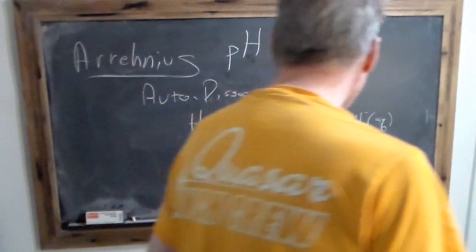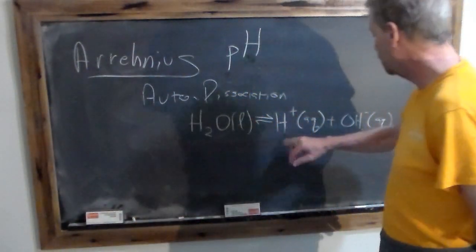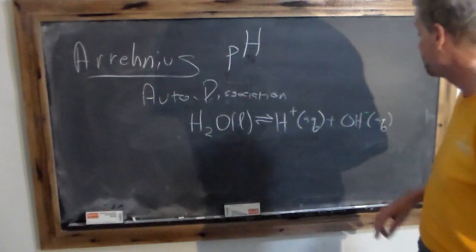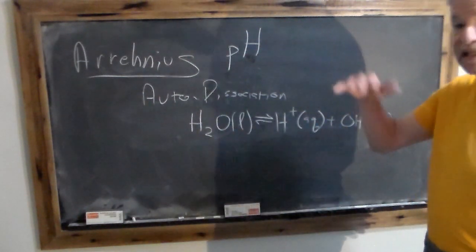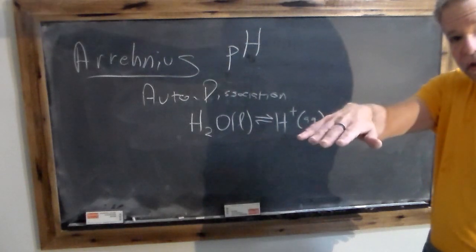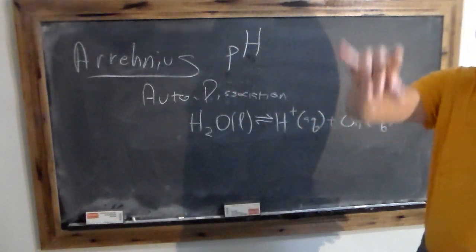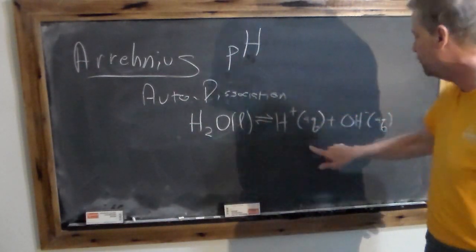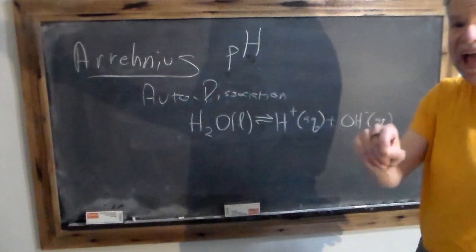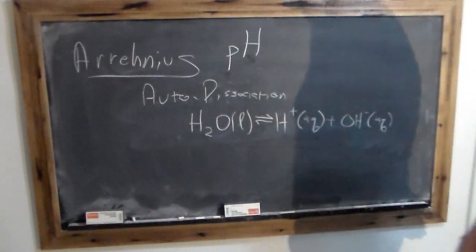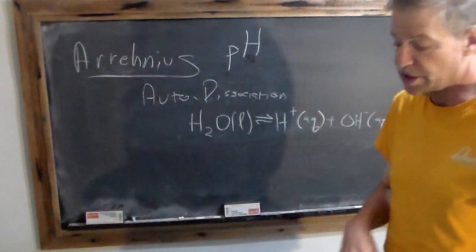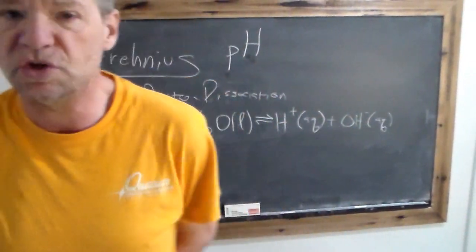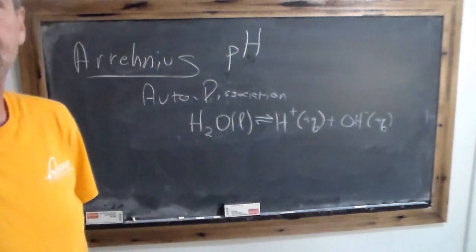In other words, if you could measure the concentration of your hydronium and hydroxide ions, which you can, we're going to talk about that here in a second, what you would find is that they're steady. They're not changing. Although they're not fluctuating up and down, the reaction is still occurring, but it's occurring in the forward direction just as fast as it's occurring in the reverse direction, which means you are not going to notice a change in equilibrium. No change over time.